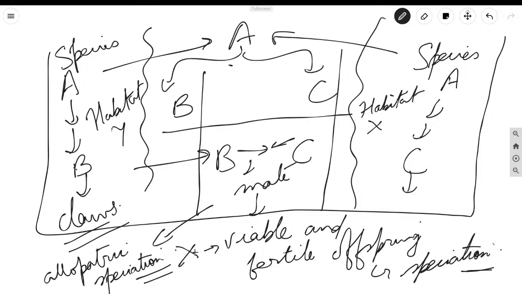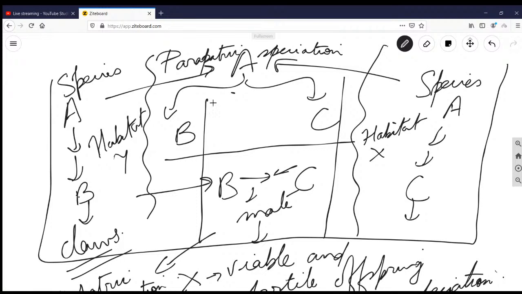And this one is parapatric speciation, if you ask me. Parapatric speciation is more or less synonymous with adaptive radiation, because the physical barrier is not there, but you have segregated on the criterion of distance. So this is known as adaptive radiation, a type of divergent evolution, and a type of parapatric speciation. Divergent evolution can also happen if you put a physical barrier, but that would be